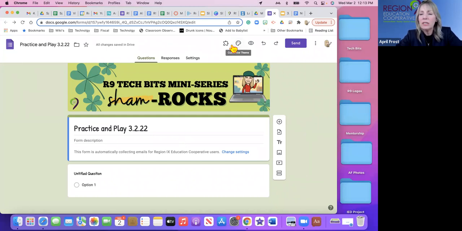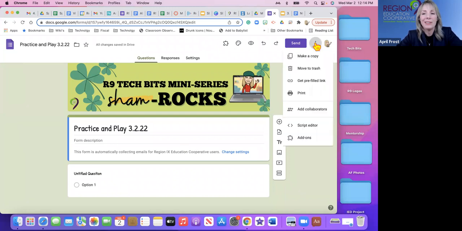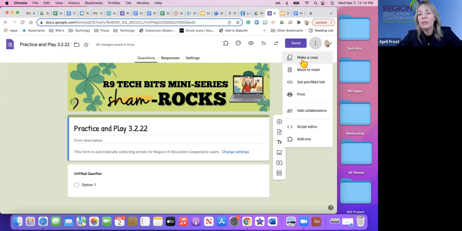So we've covered these top navigation tools on the right-hand side. If you notice, hey, the snowman or the three dots. Whenever you see this, you want to make sure that you click on it and check it out. This drops down another navigation toolbar where we can make a copy. I can then trash this if I wanted to. I can get a pre-filled link. So if I needed to adjust the link of the form, you know, what is,